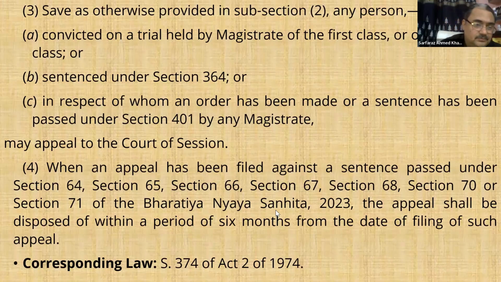That's the basic rule. Clause 4 says, when an appeal has been filed against a sentence passed under sections 64, 65, 66, 67, 68, 70, 71 of the BNS, the appeal shall be disposed of within a period of 6 months from the date of filing such appeal. Now, what are these sections 64, 65, 67 in the Nyaya Sanhita? I think these are all basically sexual offenses. So, in sexual offense cases, this